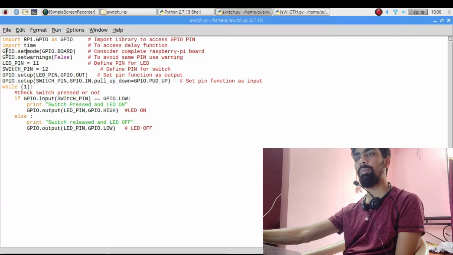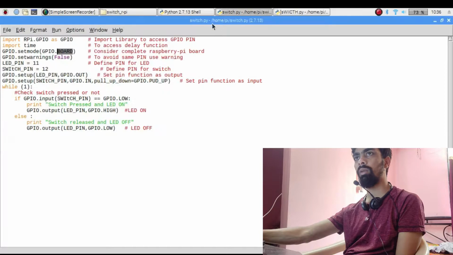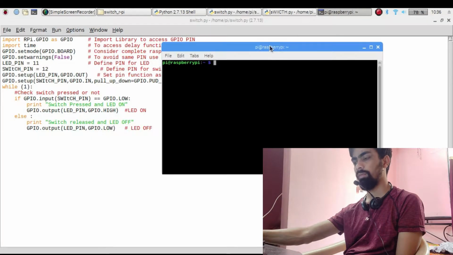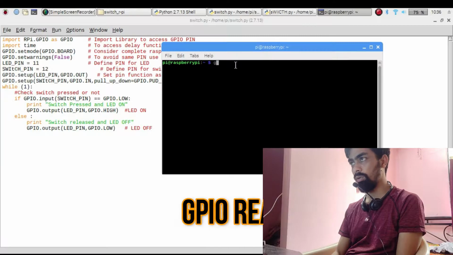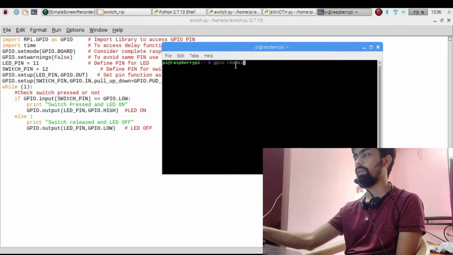After that there is GPIO.setmode(GPIO.BOARD). Basically, Raspberry Pi works in two modes, BOARD or BCM. To see the complete details, go to the terminal and type gpio readall.